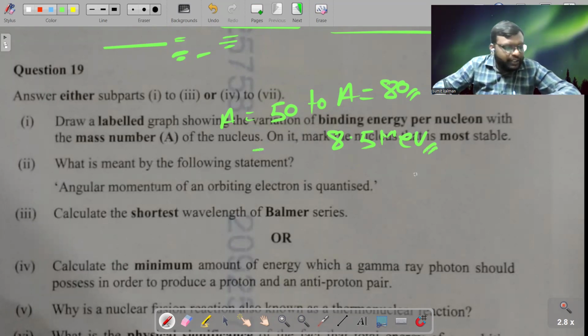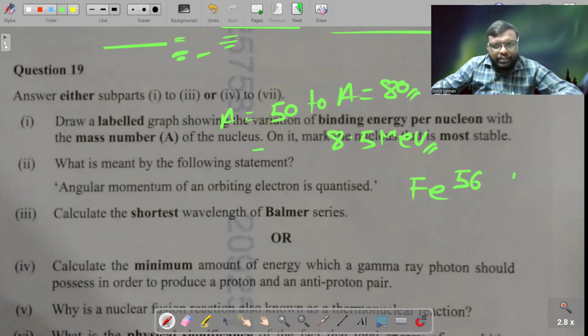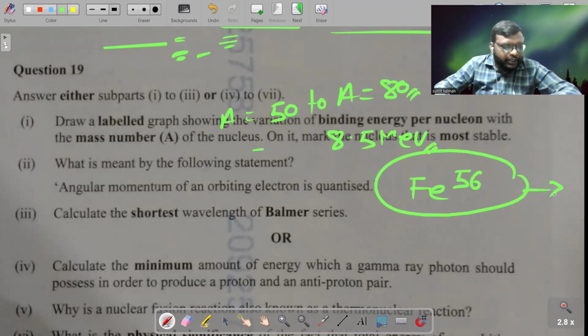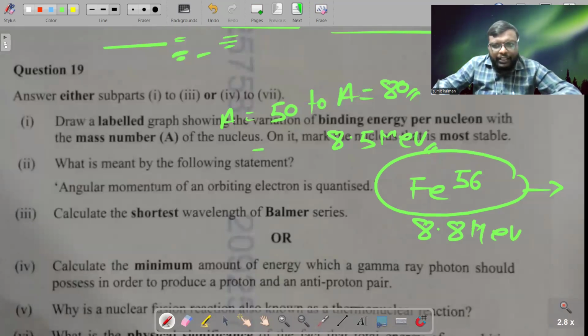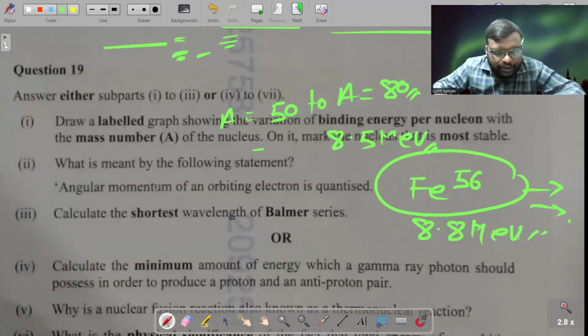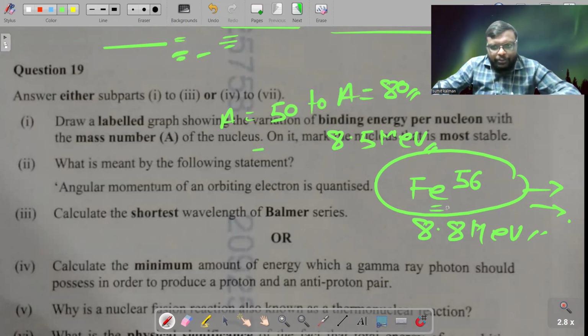तो स्टूडेंट, मोस्ट स्टेबल जो न्यूक्लियस होता है वो Fe56, ये जो है मोस्ट स्टेबल होता है. और इसकी बाइंडिंग एनर्जी पर न्यूक्लियॉन जो है ऑफ अबाउट 8.8 मेगा इलेक्ट्रॉन वोल्ट होती है, एंड इट हैज मैक्सिमम स्टेबिलिटी. तो ये जो है न्यूक्लियस आपको शो करना था डायग्राम में. सो इट इज गिवन इन द बुक, इट इज वेरी सिंपल. नाउ स्टूडेंट, इन नेक्स्ट पार्ट दे आर आस्किंग